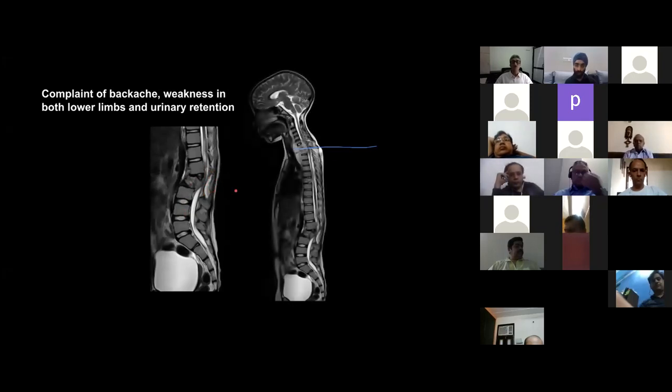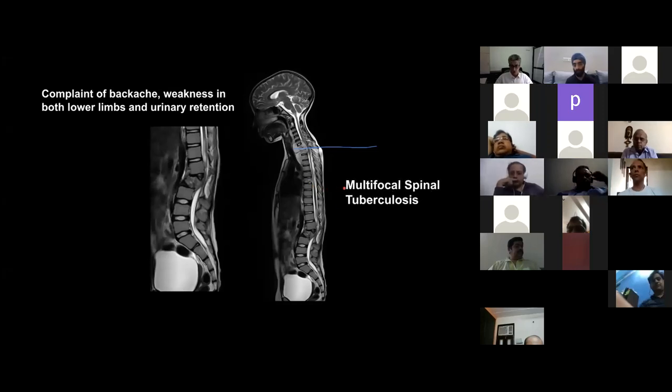Now, screening of the whole spine of this patient was done. We can see an even larger lesion at the cervicodorsal junction. One dorsal vertebra is also involved. So this case I have kept to really show the importance of screening the whole spine and always assessing the extent of disease before starting the treatment so that we can follow up the case till the end and know when it is healed completely. So this is a case of multifocal spinal tuberculosis, which is very commonly seen in clinical practice.